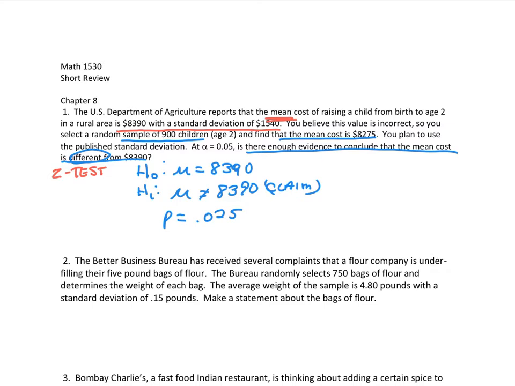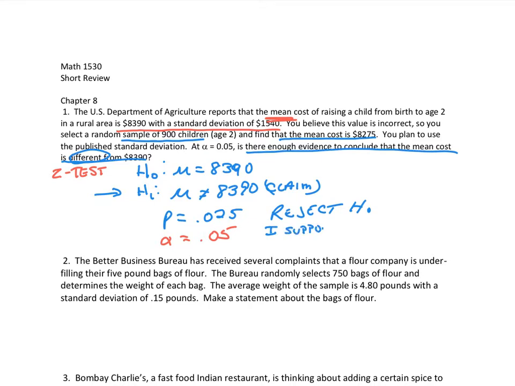I'm comparing that in the problem. The problem said my alpha is 0.05. My p-value is lower than my alpha. That means I reject the null. If your p-value is low, you reject the null. If I reject the null, I have to figure out what to do with my claim. In this case, my claim is the alternate. If my claim is the alternate, then I don't use the word reject, I use the word support. So if I reject the null, I support the claim,